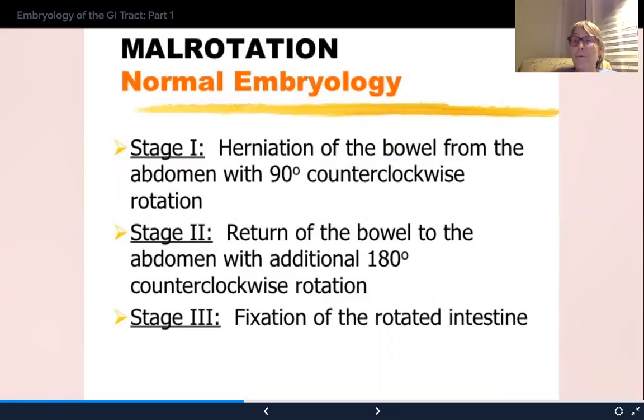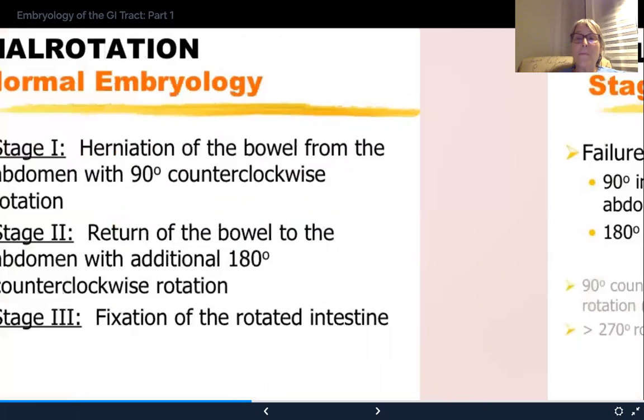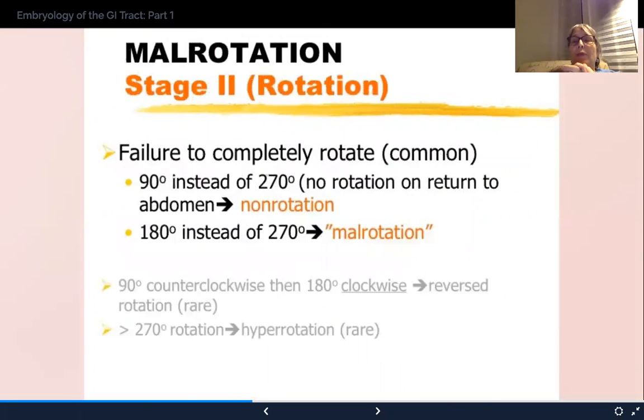So stage 2, return of the bowel to the abdomen with that additional rotation. Failure to completely rotate is common. And basically there's 2 major clinical forms, if you will. In embryology, when something has an arc like that, it can basically stop anywhere on the arc. So people will say 90 degrees instead of 180 degrees, but it's more likely to be 172 degrees or 190 degrees. So again, understanding the process helps you unravel what the anomaly is when you're actually looking at the